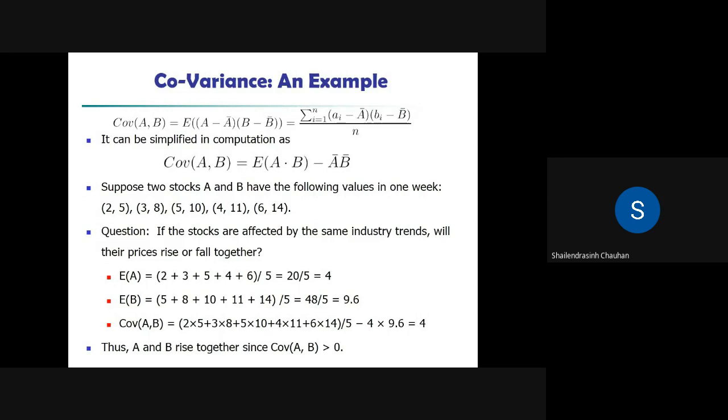And as you are getting covariance greater than 0, you can say that both the companies are positively correlated. That means that if one company's stock price is increasing, the other will also increase. If you are getting covariance 0, that means both are independent. There is no kind of relation between those two stock prices. And if you are getting negative, then if one is decreasing, the other will increase. If one is increasing, the other will decrease. And that is covariance.